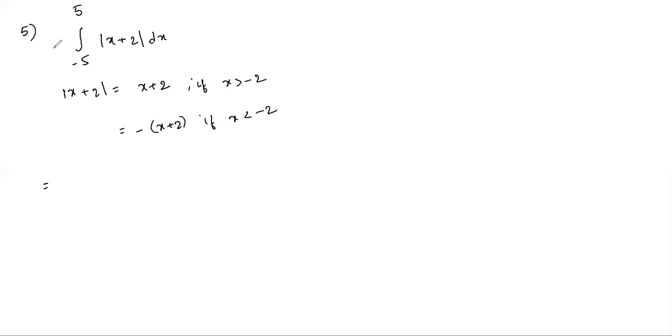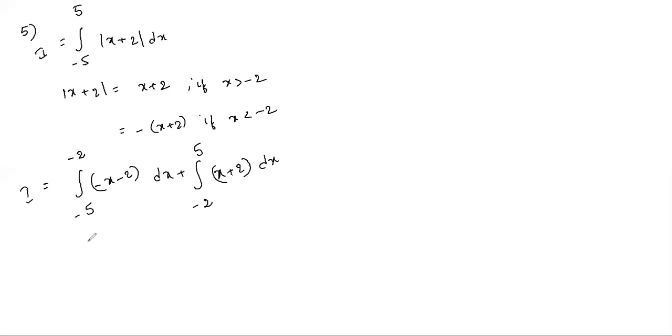Let it be I equals integral from minus 5 to minus 2. In between, x is less than minus 2, so it is negative. So minus x minus 2 dx, plus integral from minus 2 to 5. So this is x greater than minus 2, where mod is positive, so x plus 2 dx. So it equals minus x square by 2 minus 2x between the limits minus 5 to minus 2, plus x square by 2 plus 2x between the limits